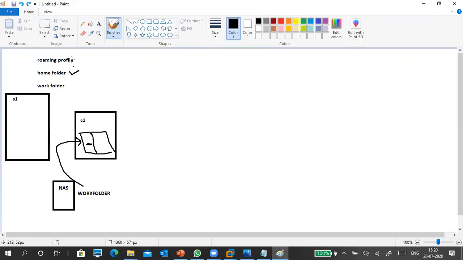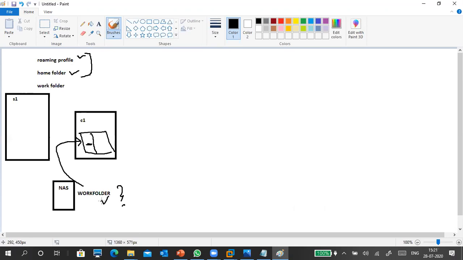For a personal folder, I have a roaming profile. So again, why do we require this one? This is personal, this is common shared. Then why do we require a work folder? These two are the oldest ones. This is the latest one, from 2012 onwards. 12, 16, 19 have it. Before 2012, we don't have this one, but these two existed before 2012 also: 2003, 2008, 12, like that. So this is the new one.